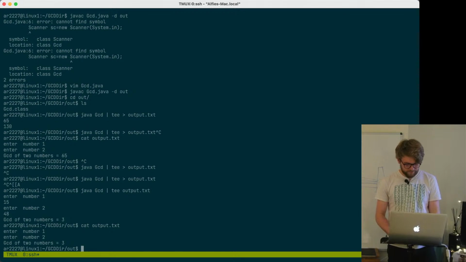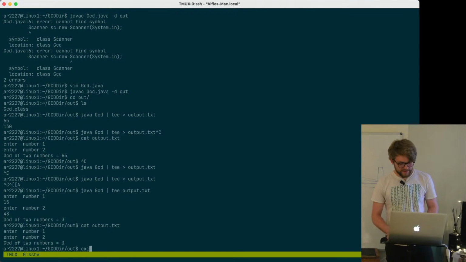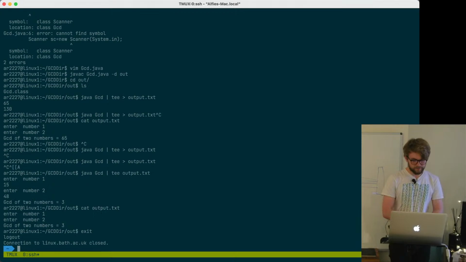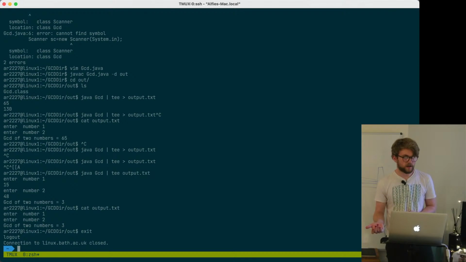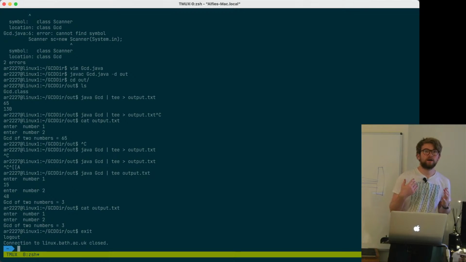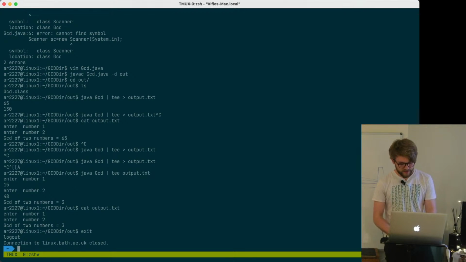Cool. So now we're going to exit this SSH connection. Okay. So we went into linux.bath, we ran some code, and now we're out. But we want that output file, right? Say it was massive and we wanted to look at it. Obviously it's not in this case, but sometimes it will be. And we want to look at it on our local machine. So to do that, what we're going to do is say,